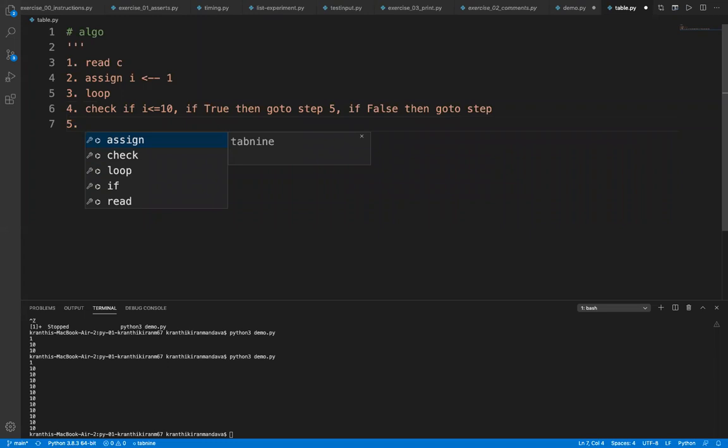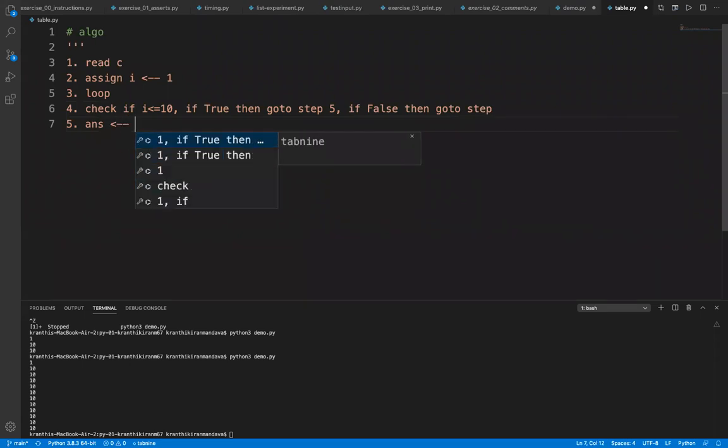So I will say C. So answer is assigned with, this is what we represent in pseudocode, right? For answer equal to C, the constant that we have taken as input, into I. This is what we are doing.